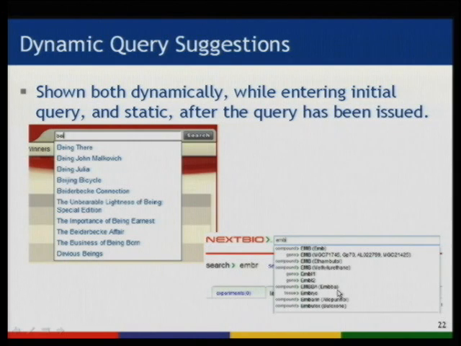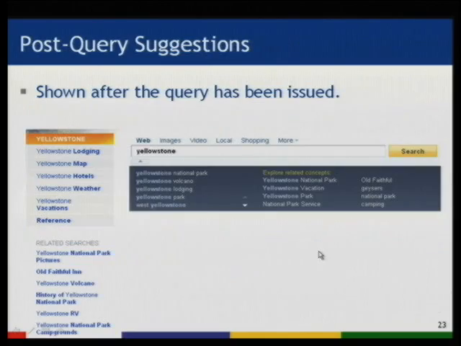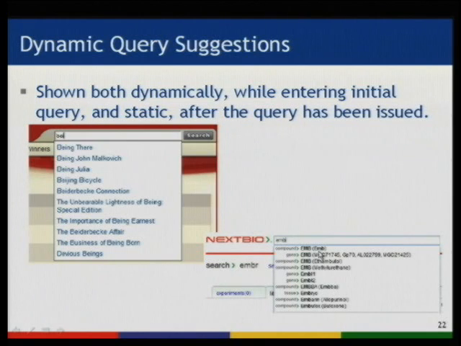I've also liked this variation I've seen at the Next Bio site where I typed the 3 letters EMB. What it does here is it puts the suggestions in context. So we have compounds that match this, genes, I guess just compounds and genes, and tissues. So kind of categorizing the matching terms by technical areas. And I think that's a very promising approach for more technical interfaces.